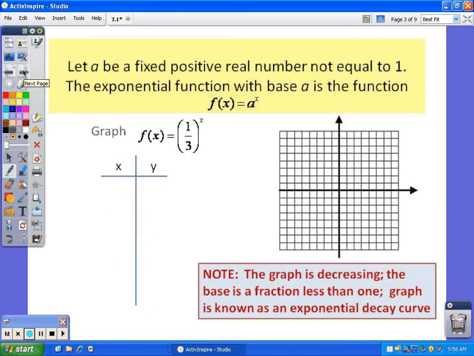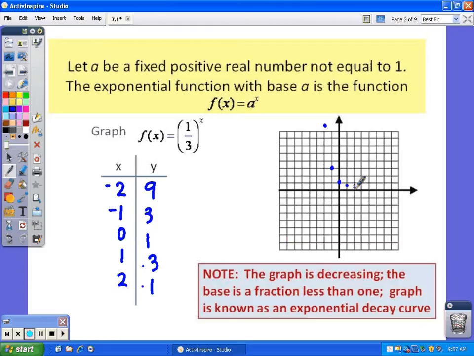Now let's try f of x is equal to 1/3 to the x. Again, let's put in a couple of negatives, 0, and a couple of positives to see what happens. If I plug in negative 2, we'd get 9. If I plug in negative 1, we'd get 3. Anything to the 0 power again is 1. If you plug in 1, you get 1/3, which is 0.3. And if you plug in 2, you get 1/9, which is 0.1. Now graphing this, we've got negative 2, 9, negative 1, 3, 0, 1,